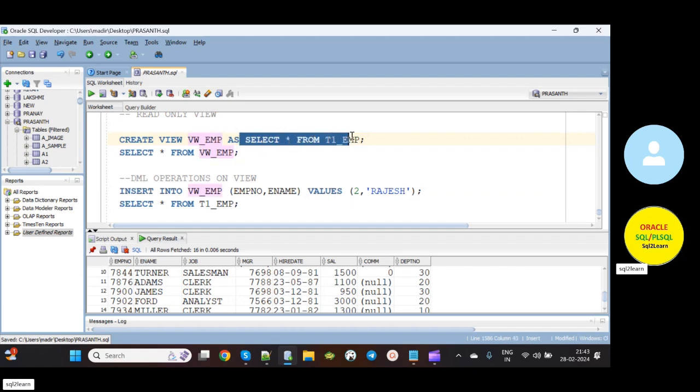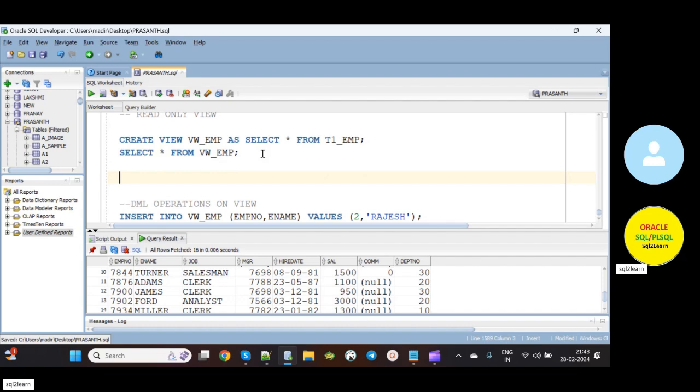We are storing a query into the view. Okay, view is nothing but we are storing a SQL query in a view. But if the query is having multiple tables,